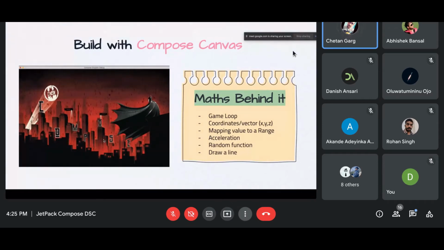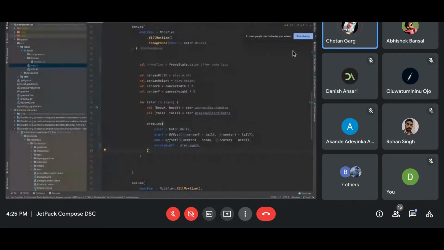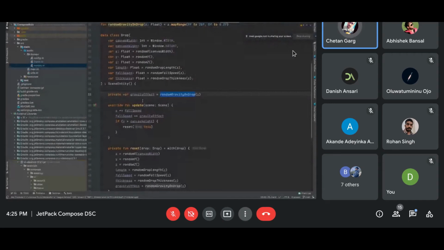You can see this rain is falling vertically down, right? If I wouldn't have added some kind of acceleration, I'm using a fake gravity here. If I hadn't used the gravity here, then this wouldn't look like a real rain particle system. Why? Because as the rain is going down, the acceleration acting on the rain is increasing. This is giving it the rain effect. Otherwise it would have looked like a static raindrop, not even a raindrop, just a line coming from top to bottom. It wouldn't look that realistic, right?